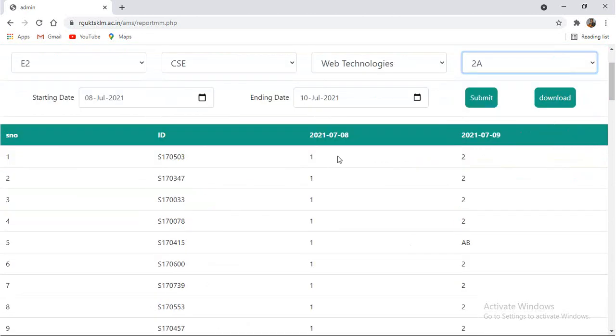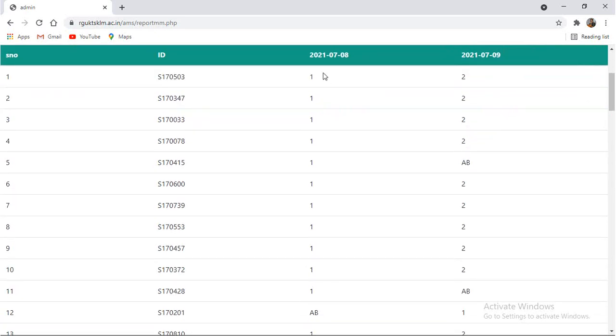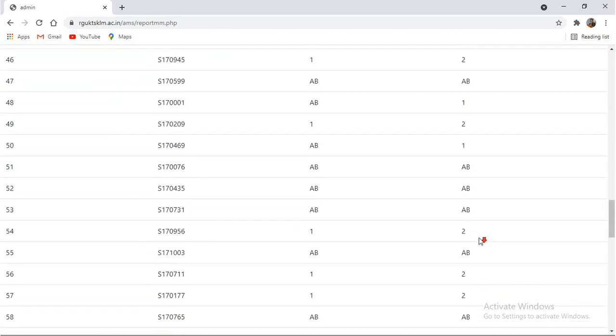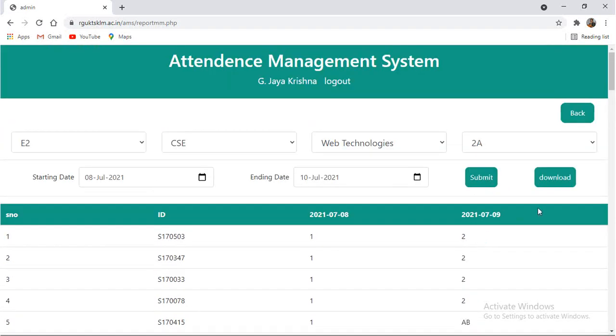Yes, you can observe on 8th and 9th of this month I have taken the classes. So you can clearly visualize. So these people have attended two classes. These people have attended one class and on 9th absent. So like this we can take the individual students also. Yeah. If we add one more date, that date will come here and it is going to increment this value by 1 if it is required, if they are present.